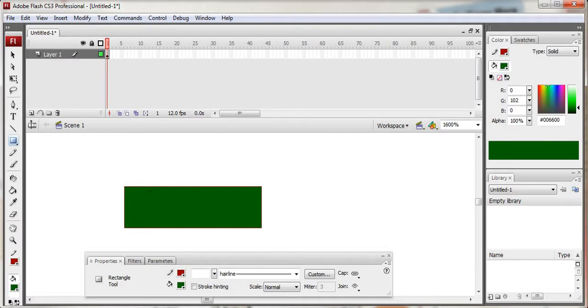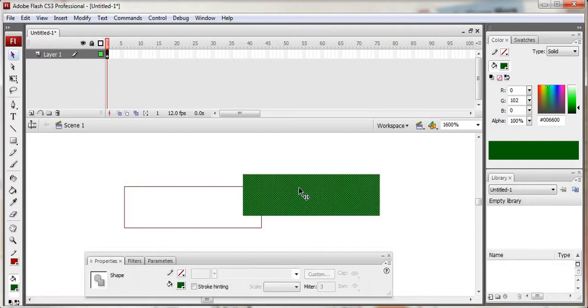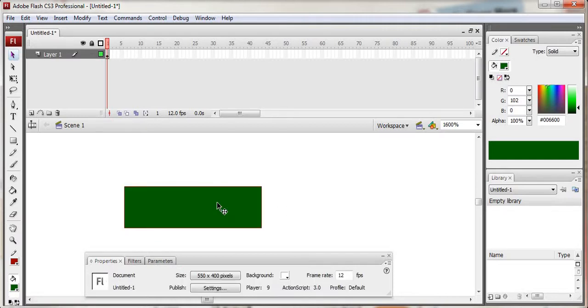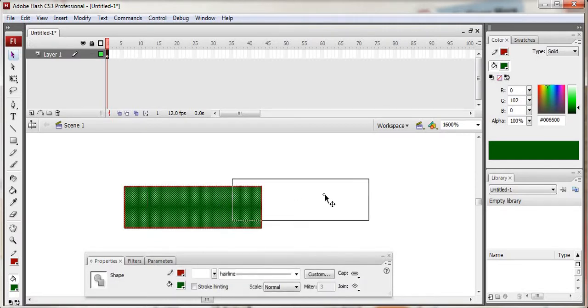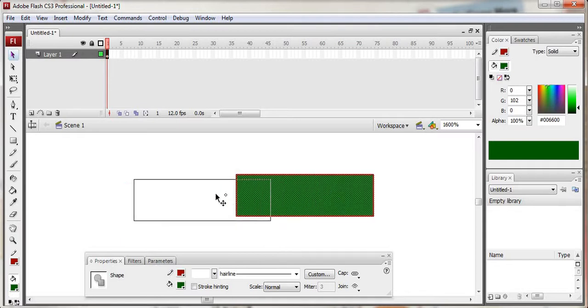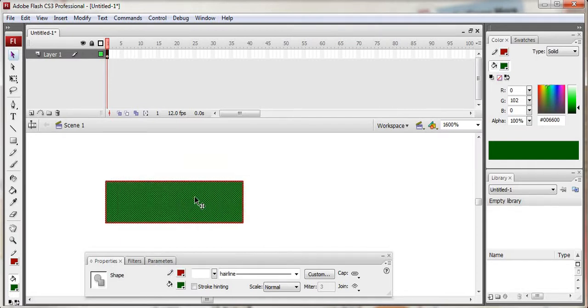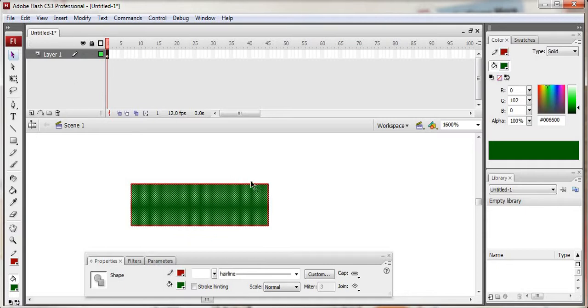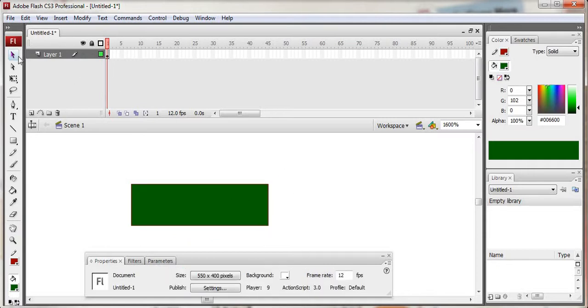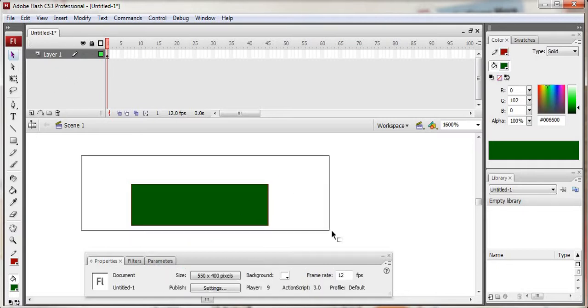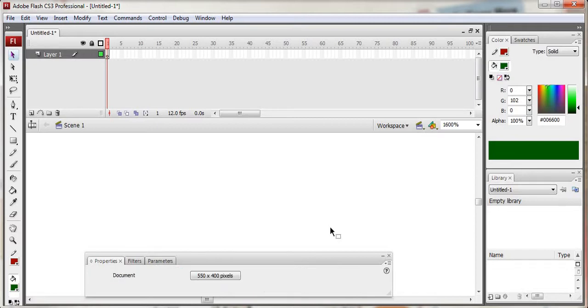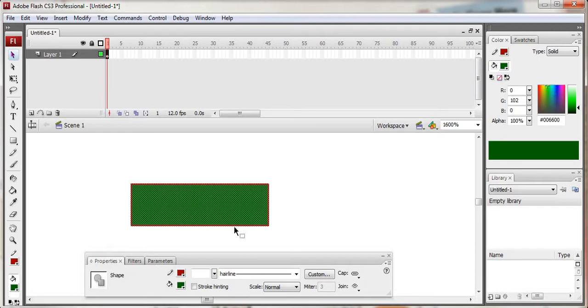Okay, so what is happening? If I click the selection tool and I click here, I'm moving, right, using the selection tool. So what is happening? These are different, right? But when I double click here, this stroke as well as this fill color both will move together. So using the selection tool I can move, and even if I want to delete this, I'll click the selection tool, select this object and press the delete key from my keyboard, right? So this is the way. So this is the use of the selection tool.